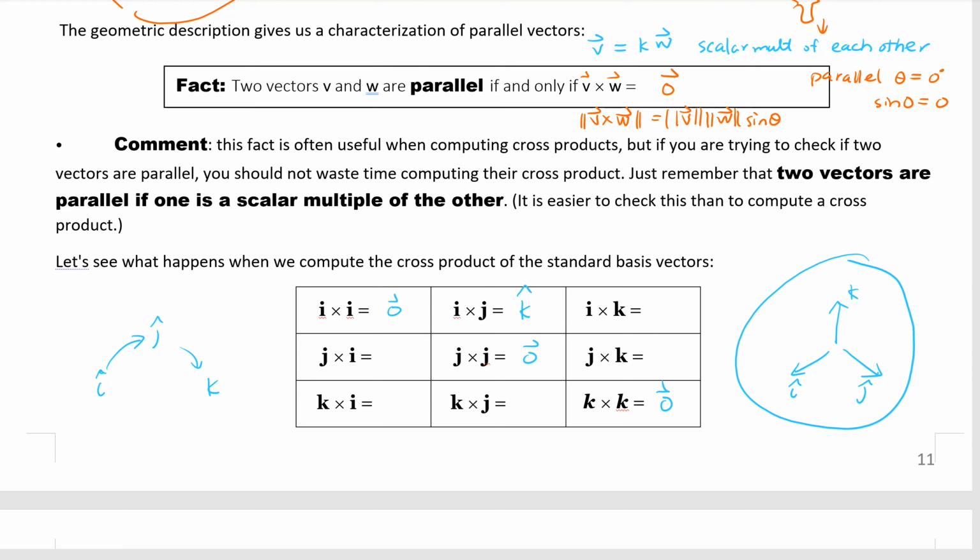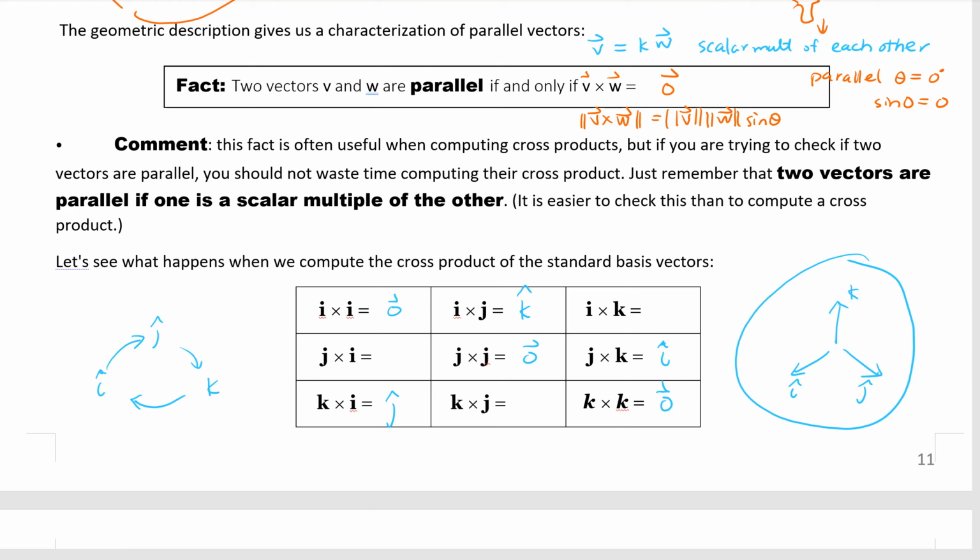And actually, look at this picture. j cross k will give you i, and k cross i will give us j. So far, so good, everybody? And then for the rest,